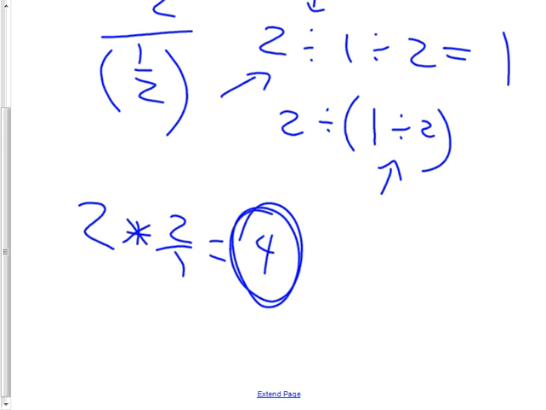If you put in the parentheses like I just told you you should, your calculator would do this part first. 1 divided by 2 is 0.5. 2 divided by 0.5 is like 2 divided into halves. You have 2 pies, and you divide it into halves. You'll have 4 half pies. I don't know if that works for you or not, but the moral of the story is if you saw this